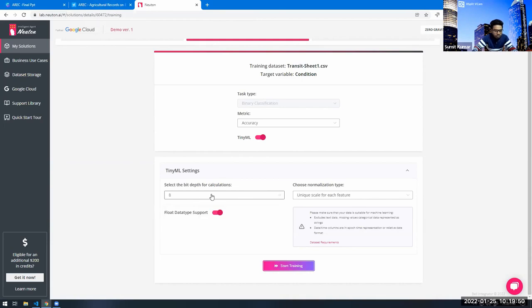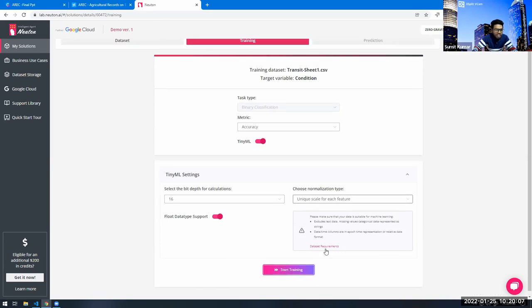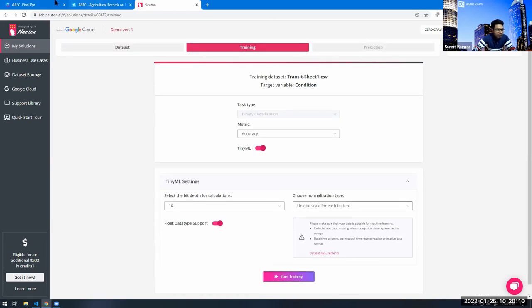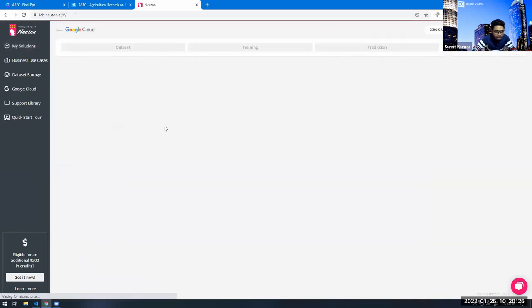The only thing is you should have the right target hardware actually. Otherwise, 16 or 32-bit works on all the new development kits, and then you can just start the training. So I have already trained it. Training takes some time, and plus you get a feature that once the training is complete, you can easily get a notification through your mobile SMS. So I think it is quite cool. I'm not going to train it now because it's already trained. So let's explore it.